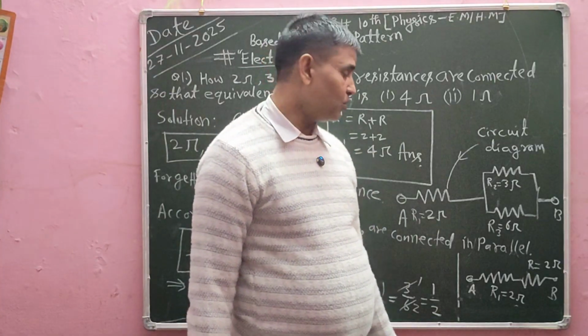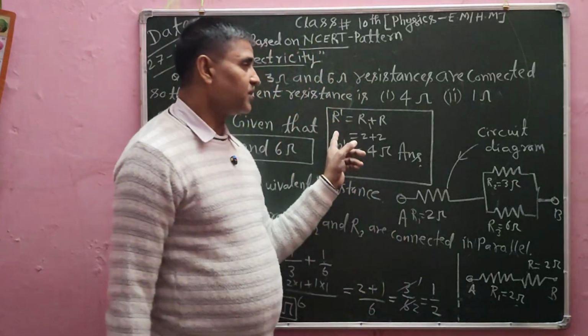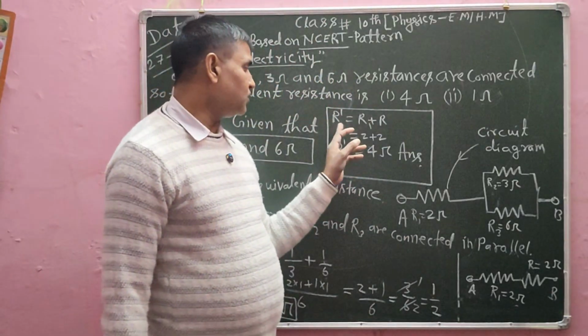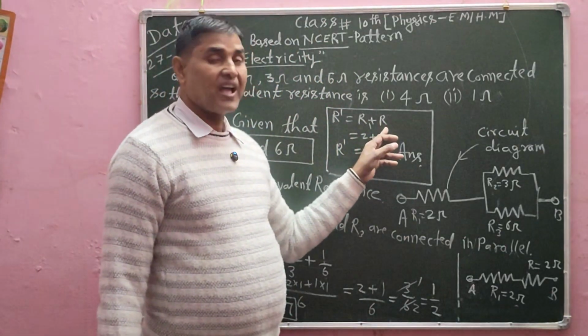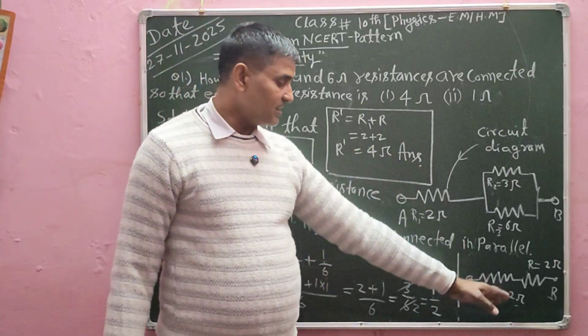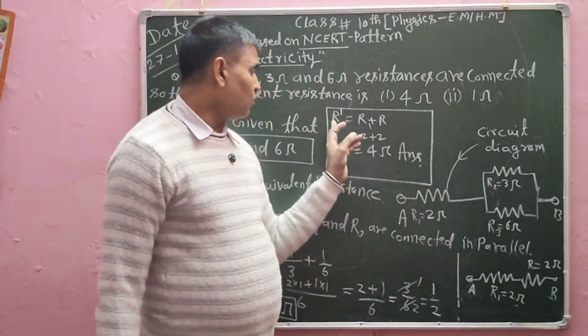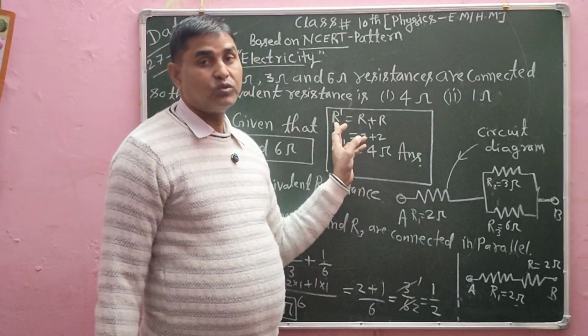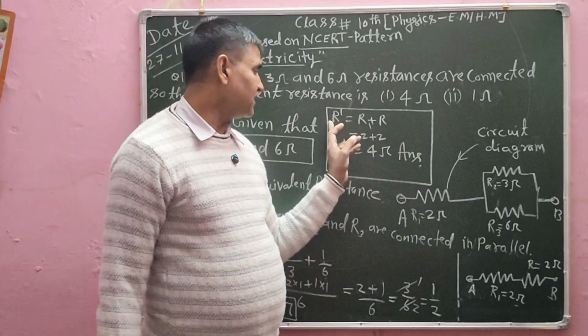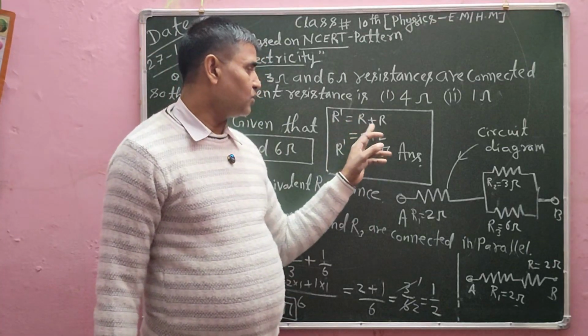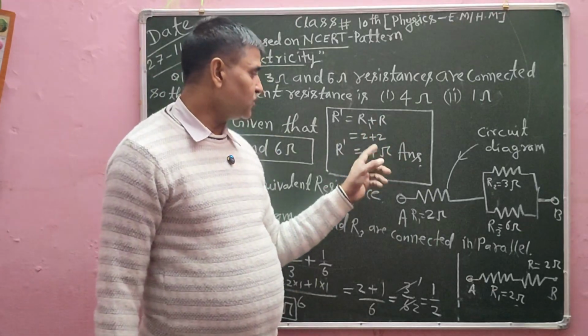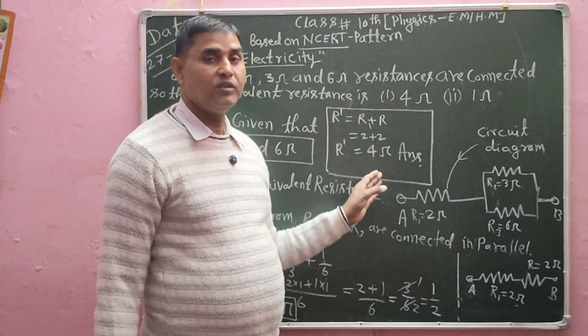जब श्रेणी क्रम में होते हैं उसके लिए हम जानते हैं तुल्य प्रतिरोध का सूत्र जो था R इज इक्वल टू R1 प्लस R। यहाँ पर R1 R2 होता है लेकिन यहाँ पर हमने सिंबल यूज किया R1 और R, इसलिए उसका तुल्य प्रतिरोध R डैश के नाम से हमने रिप्रेजेंट किया है, वो R डैश इज इक्वल टू R1 प्लस R होगा। इसके वैल्यू को सब्स्टिट्यूट किए 2 ओम प्लस 2 ओम इक्विवेलेंट 4 ओम हो गया।